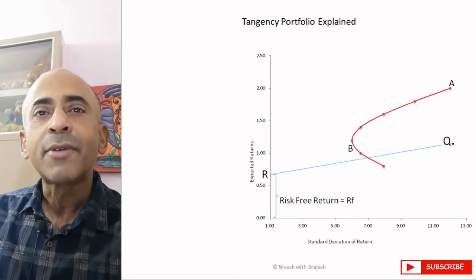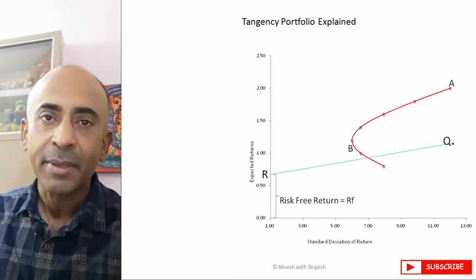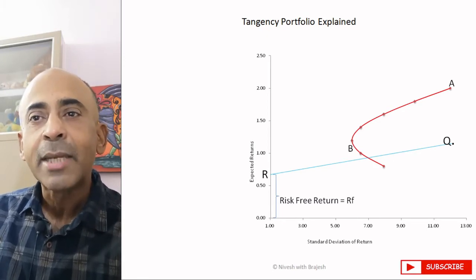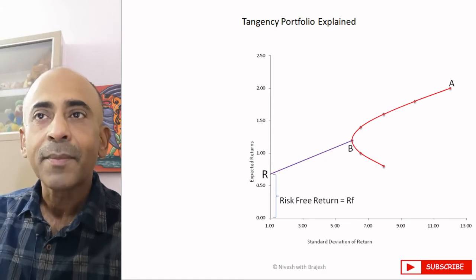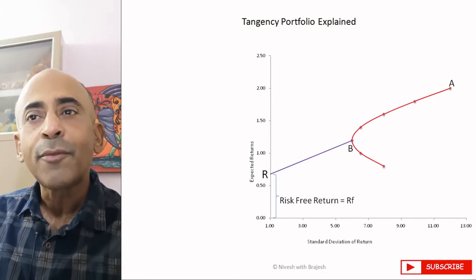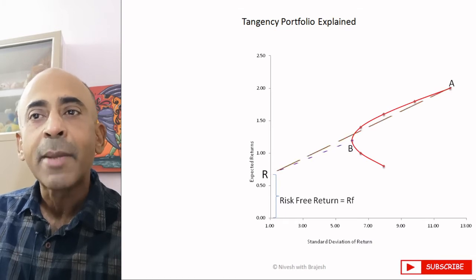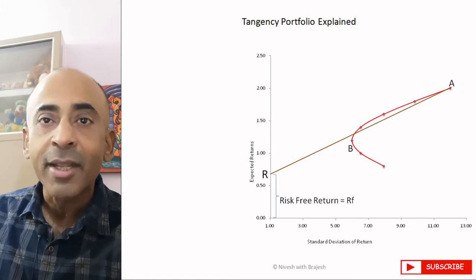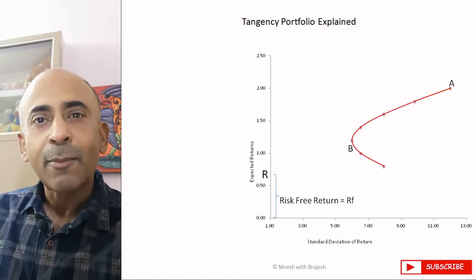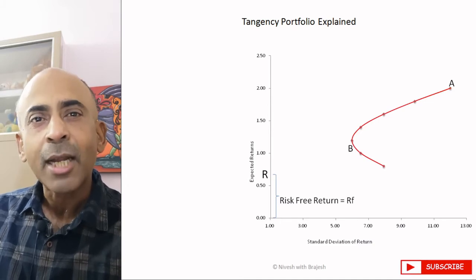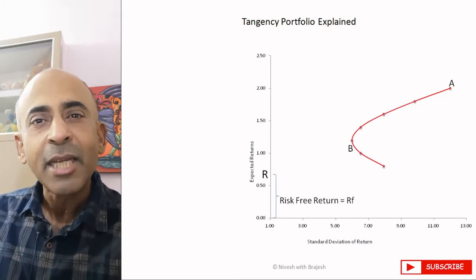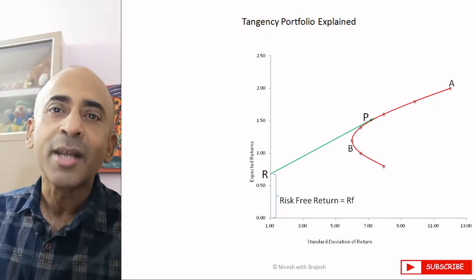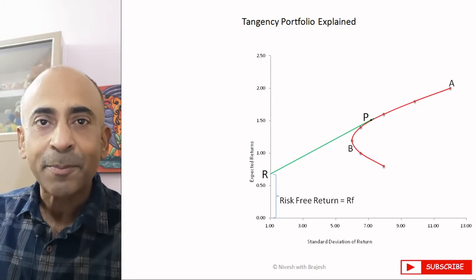Now consider our curve containing the efficient frontier of two stocks A and B. Hence, a combination of risk-free asset R and stock B will be depicted by line RB. Similarly, a combination of risk-free asset R and stock A will be depicted by line RA. Now, to find a portfolio P on the efficient frontier, that is one point where the portfolio P will do the best and no other portfolio combination can beat portfolio P. Now, it is the tangent on the efficient frontier from the point R, that is line RP.